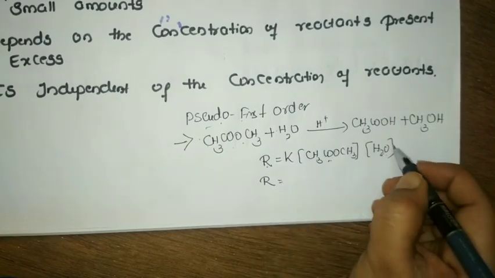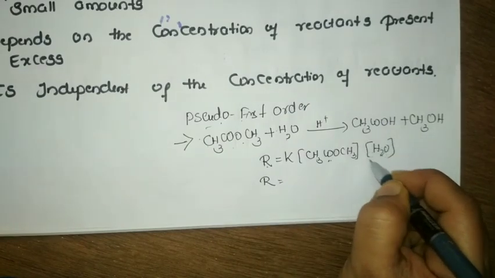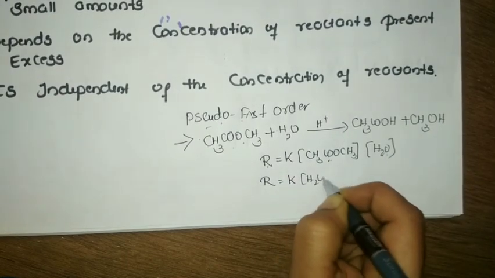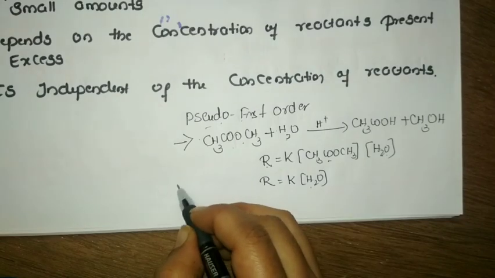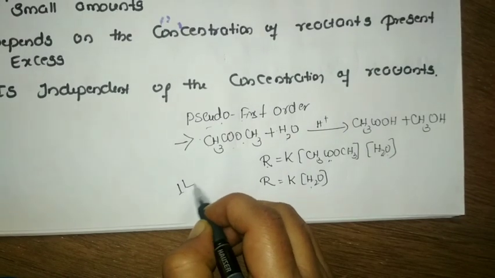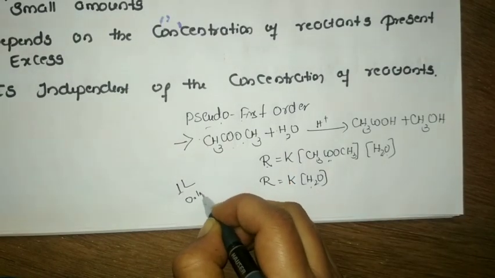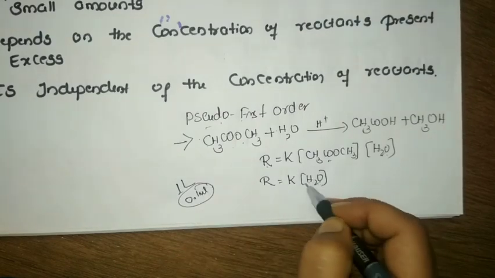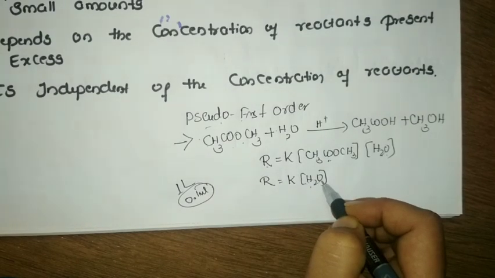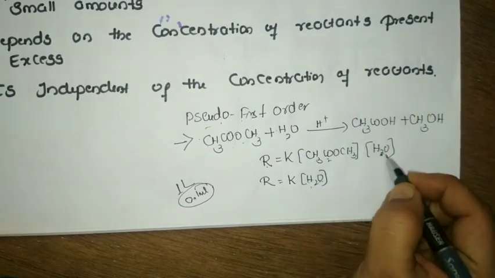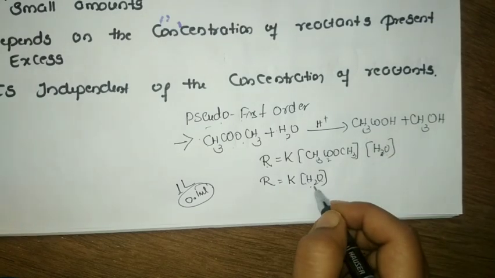But here, what I'll do is take water, one of the reactants, in an excess quantity. So, K into the concentration of water. If I take water, for example, around 1 liter, and the reaction uses only around 0.1 ml, then the change in the concentration of water is constant. Compared to this, the water is taken in excess, so whatever change could be seen in the concentration is negligible. So the concentration of water is taken as a constant.